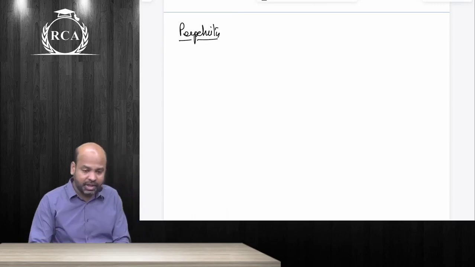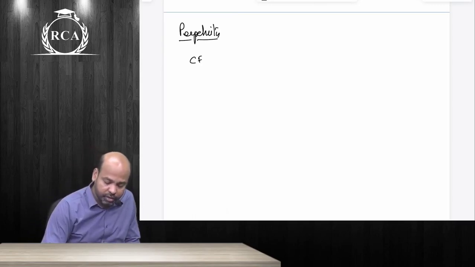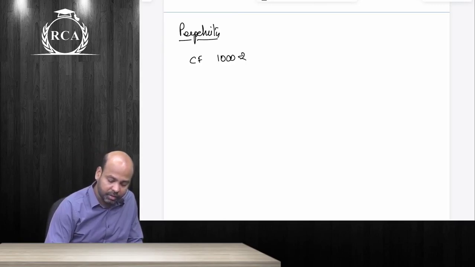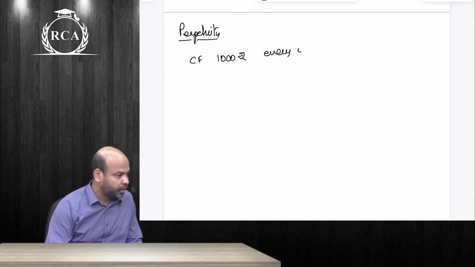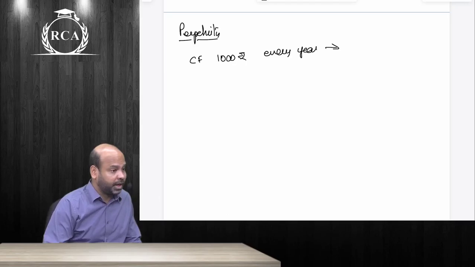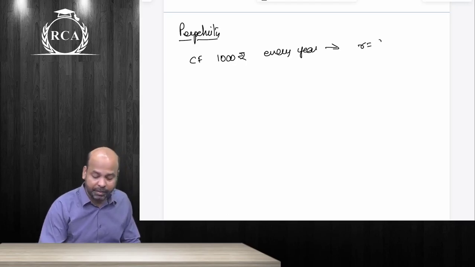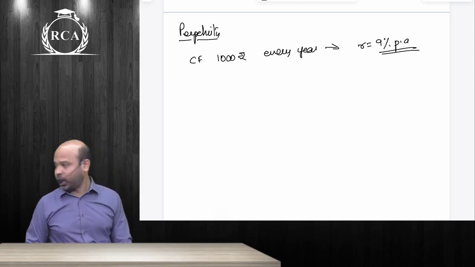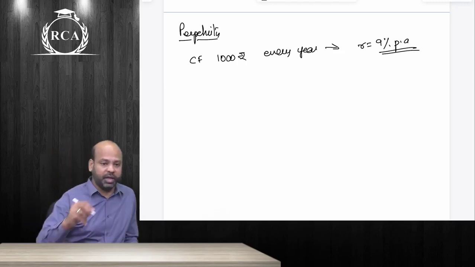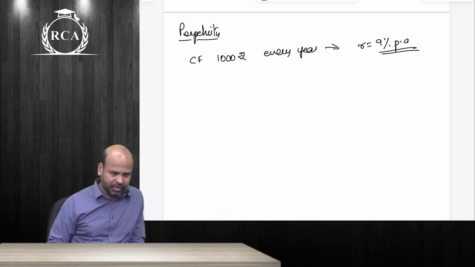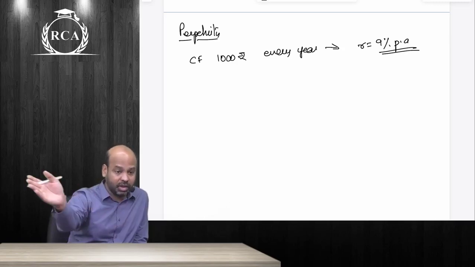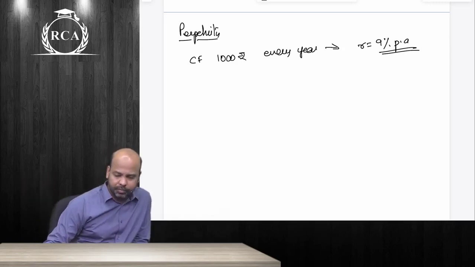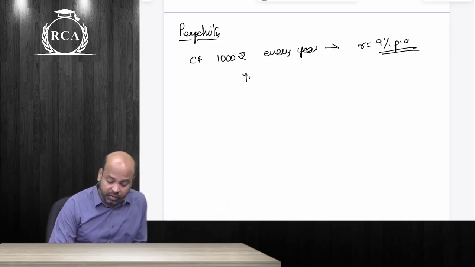Now imagine guys that you were to receive a cash flow of 1,000 rupees every year. There is no defined end point beta and the rate of interest applicable, required rate of return is 9% per annum. If you were to receive an amount of 1,000 rupees every year with a required rate of return of 9%, let me just finish all of these basics better so that we can start off the main topic. So 1,000 rupees if you were to receive beta every year.